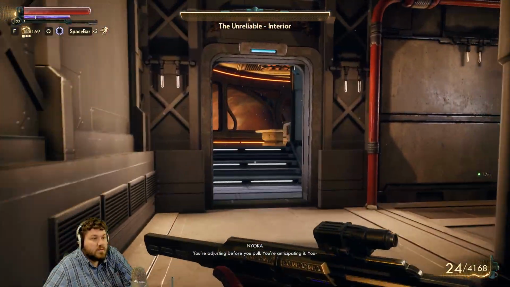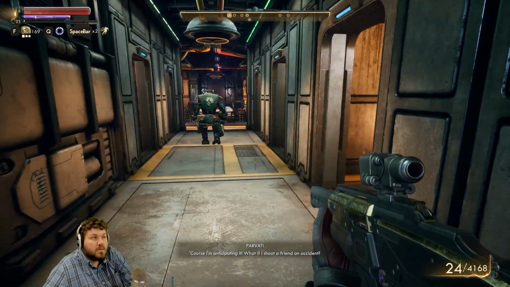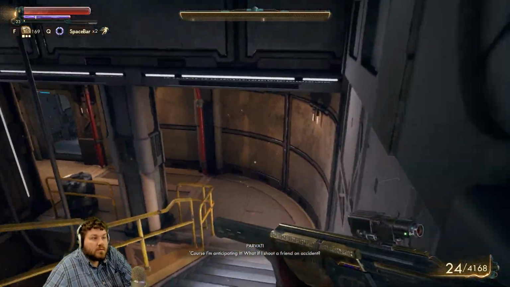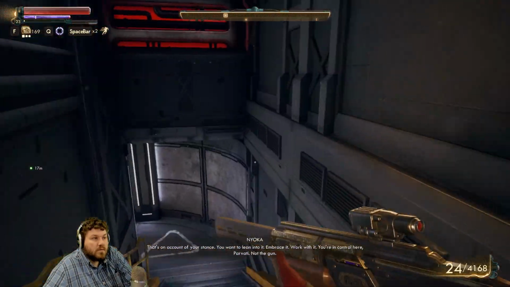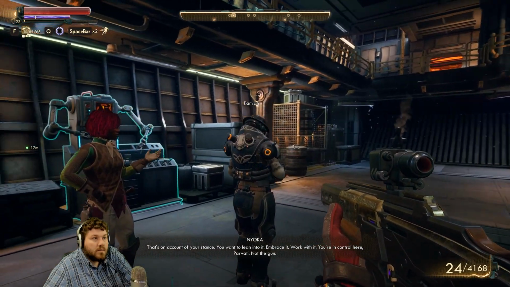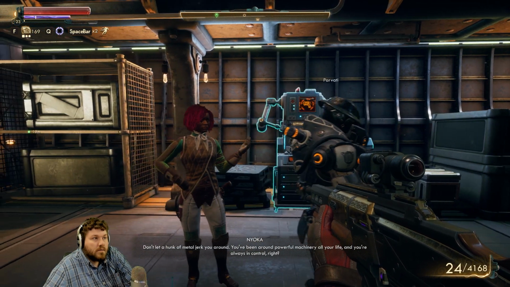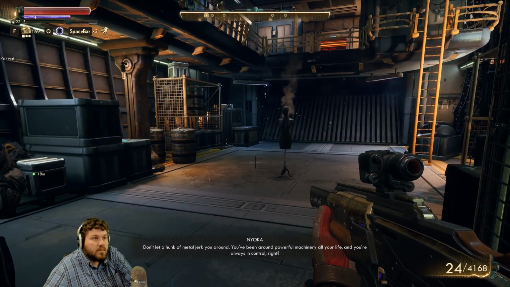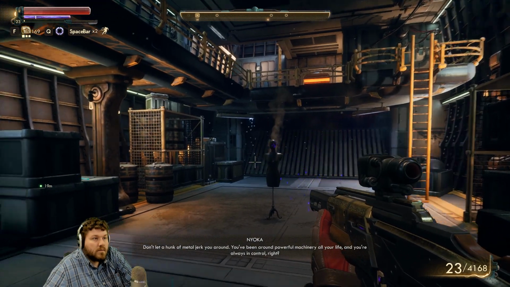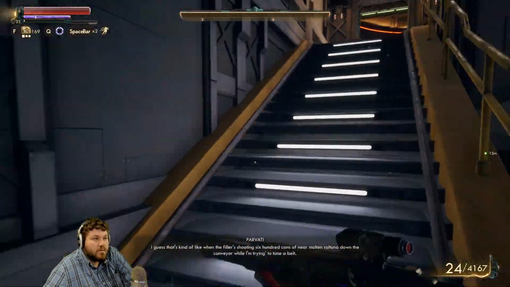Adjusting before you pull. You're anticipating. That's on account of your stance. What is going on down here? Embrace it. Work with it. You're in control here, Parvati, not the gun. Don't let a hunk of metal jerk you around. You've been around powerful machinery all your life. You're always in control, right? I guess that's kind of like when the filler